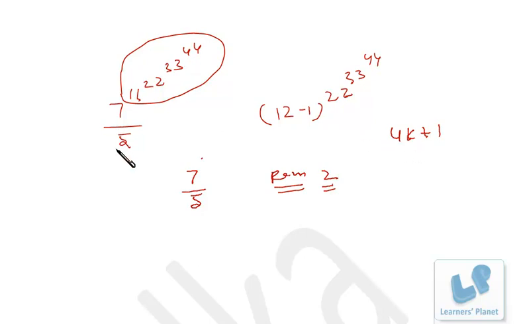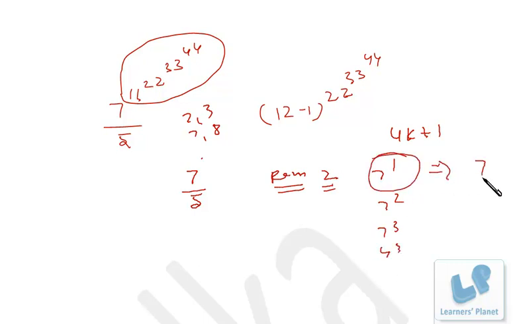In case of 5, it is obvious that you need to find out the unit digit. For unit digit, you must know the cyclicity of the power. In case of 2, 3, 7 and 8, the power cycle is of 4. So you convert this expression into 4k, 4k plus 1, 4k plus 2 or 4k plus 3 format, right? Whatever the format you are getting, according to that you can choose the unit digit. This is actually 7 raised to 4k plus 1. So 7 to 1, 2, 3, 4, that's the first position. So unit digit is 7 only. Unit digit 7 divided by 5, remainder is 2. That's it.